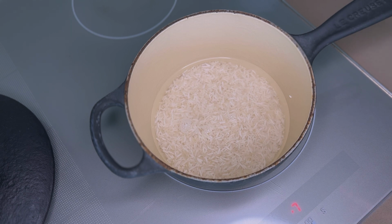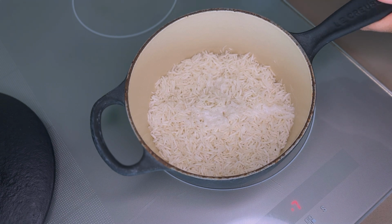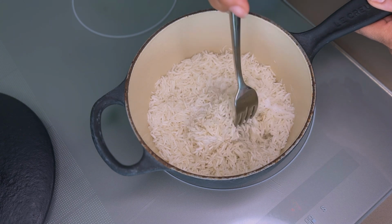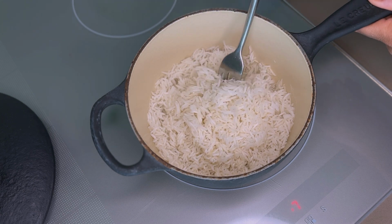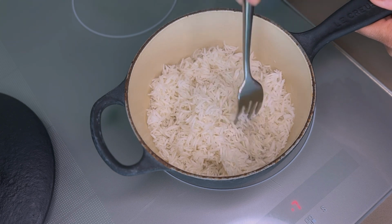Actually, what we're looking for is the point where most of this water has been absorbed by the rice, or maybe some of it's evaporated, but that usually takes around 10 to 12 minutes, when you start seeing a lot of that water is gone, but keep an eye on it. Okay, 10 minutes later, and it looks like a lot of the water has gone. At this point, I usually give a gentle fork around to get under the surface layer of the rice and see if there's a lot of water left underneath it. And if it looks like there isn't much, this looks about ready actually,